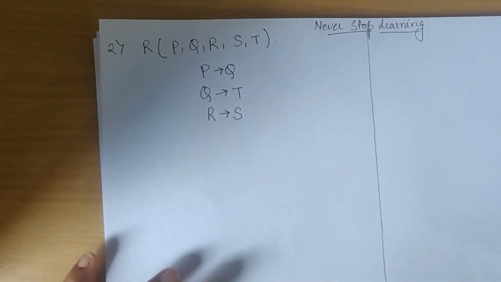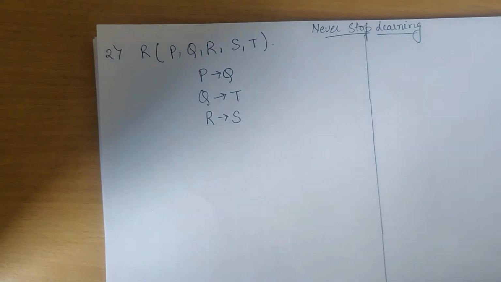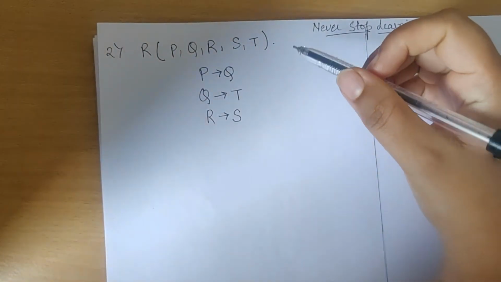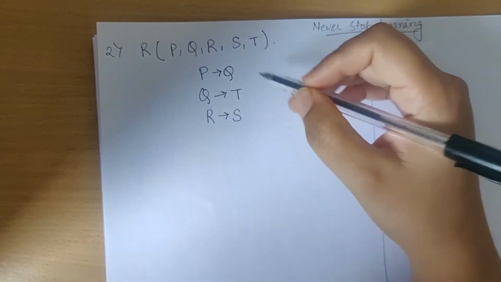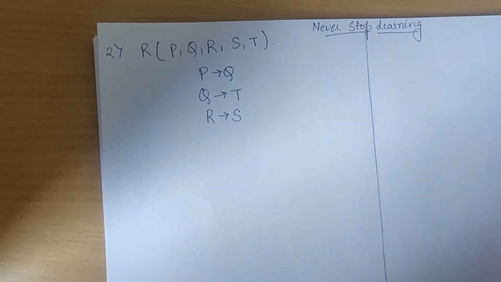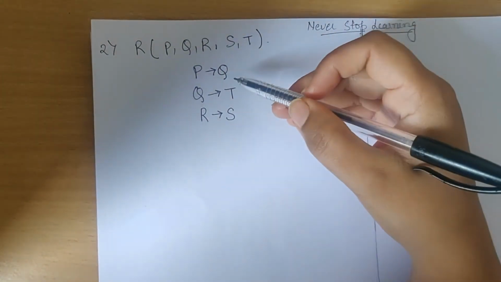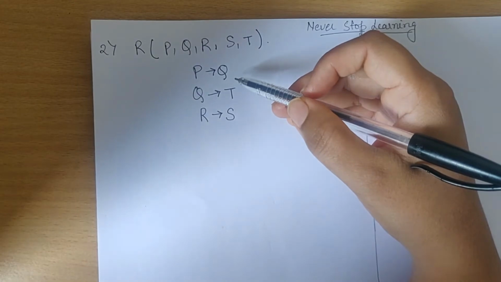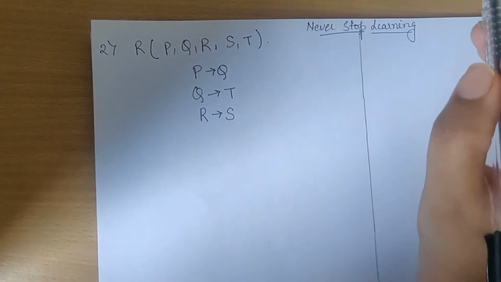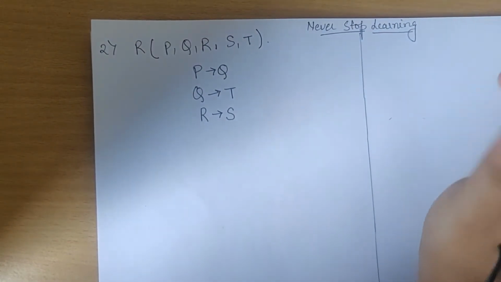Okay. So what I have told you: first check whether this relation is in 2NF or not. So it should be in 1NF. Now no multivalued values are present, so we are considering it is in 1NF. Now for checking 2NF, there should not be any partial dependency. So for finding out partial dependency, I have told you 3 steps.